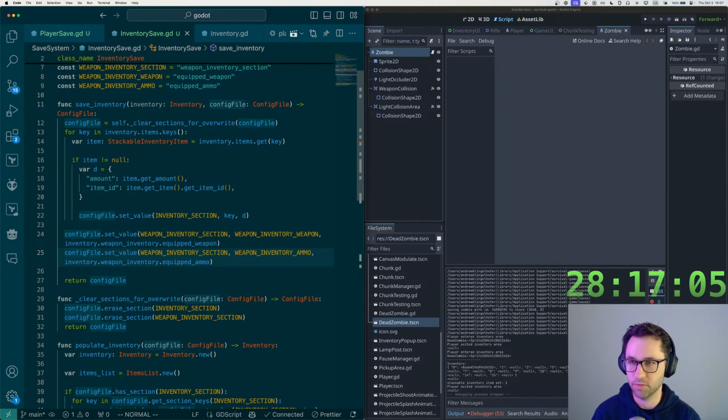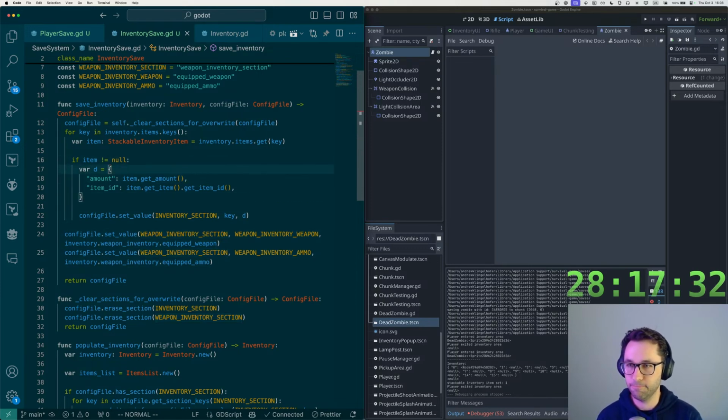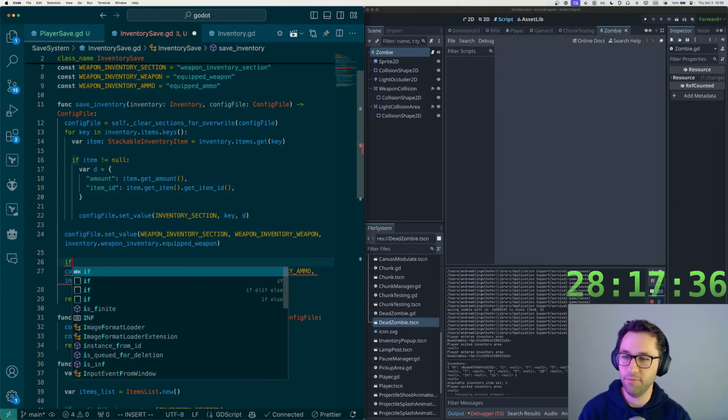So it needs to be handled like the stackable inventory items are here. So the difference between an equipped weapon in our game right now and equipped ammo is that equipped weapon loses its stackable inventory item status when it becomes an equipped weapon. I didn't have to do that, but it just felt like the fine approach at the time. But equipped ammo still has that status, so we need to do basically the same thing here. So if